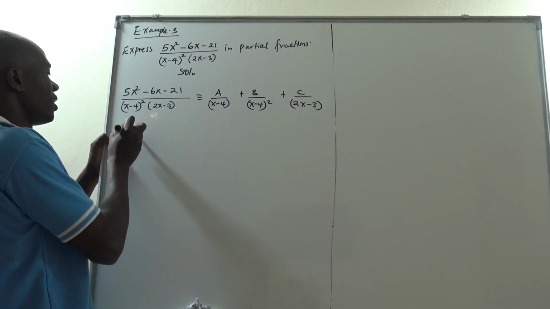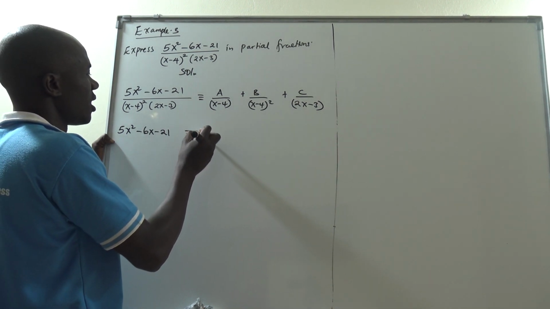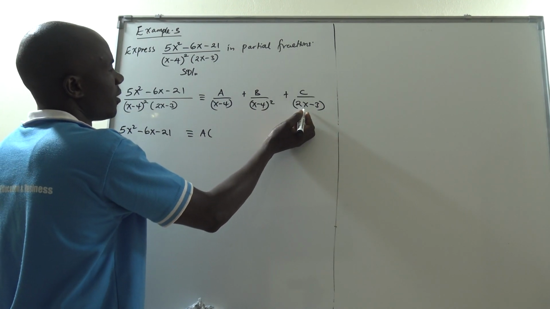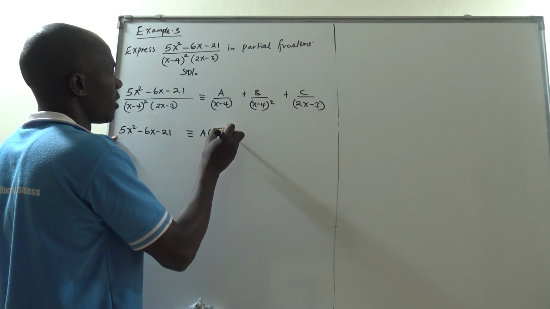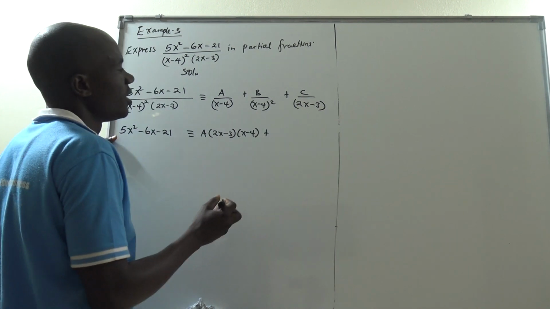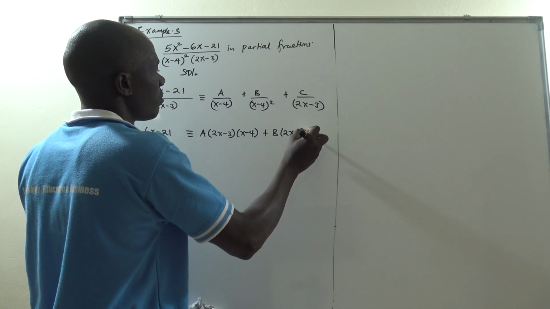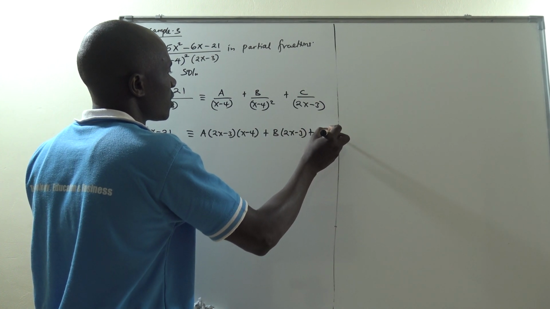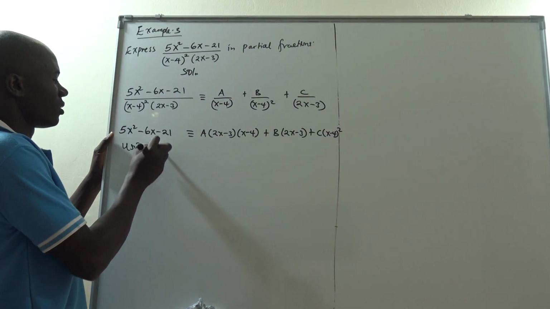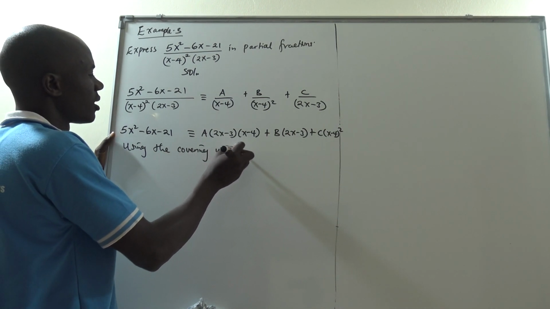So what are we going to have? We're going to have 5x squared minus 6x minus 21 is the same as A into 2x minus 3 into x minus 4, plus B, which is only taking up 2x minus 3, plus C into (x minus 4) squared. So we say, using the covering up method,